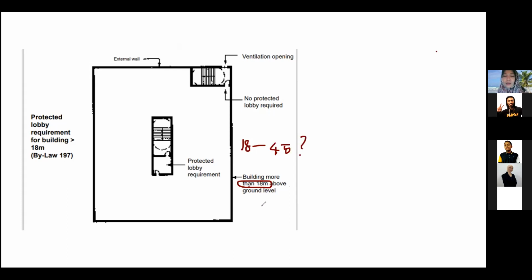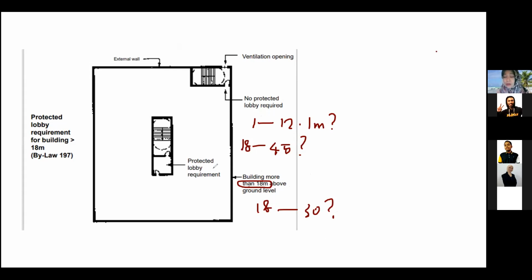You need to know 18 meters, but below 30 meters, or the 1 meter to 12.1 meters. They have different regulations. They need or need not the valve, the pressurized, the protected lobby. For the building more than 18 meters,